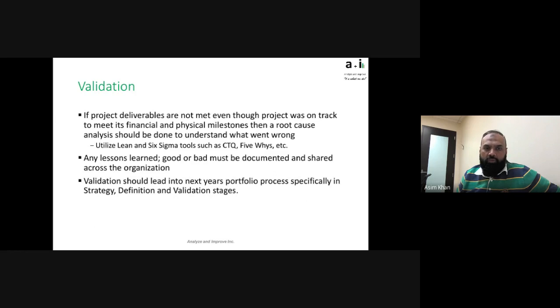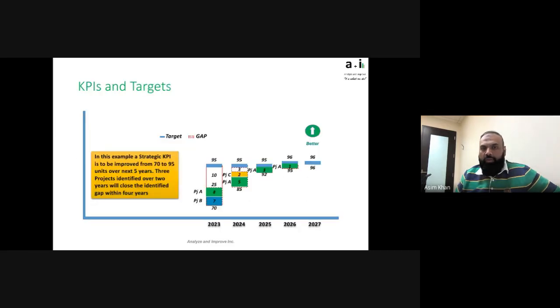next cycles of this. Validation should lead into the next year's portfolio process, specifically into the strategy definition and validation stage. If you remember this slide I had in my very first webinar on this topic, in the strategy stage, you are identifying the KPIs for each strategic driver, and you're listing the projects which will close the gap between where you are and where you're going. So now is the time to do the full circle and come back and see how much of the gap